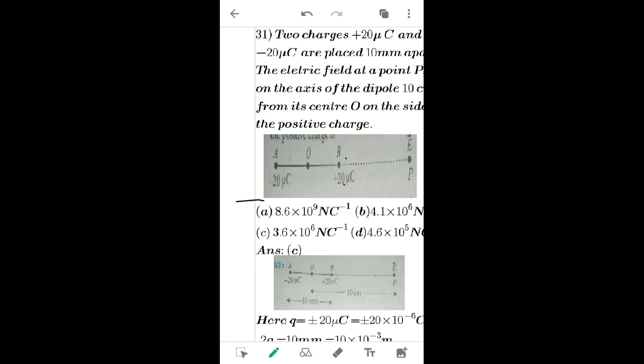Okay, so here we can take the dipole, the distance is 10 millimeter, and from the point O, that is the midpoint of the dipole, it is given as 10 centimeter from the point P. Okay, so let us solve the